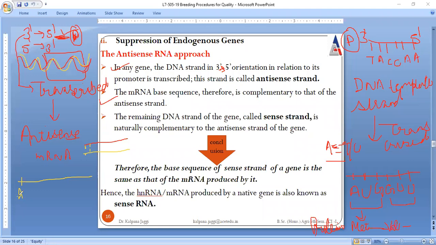Then we have A. One thing to be noticed: when we talk about the mRNA, T is replaced by U. But when we are talking about the two strands of the DNA, then A is to be replaced by T, right? Then next is C, so here it is going to be G. Then again G, then again T, then again T. So the sense strand is complementary to the antisense strand of the gene. Therefore, because it is complementary, this sense strand is complementary. Very important point I am going to discuss. Because this sense strand is complementary to the antisense strand,